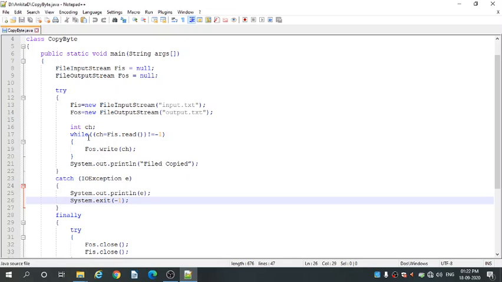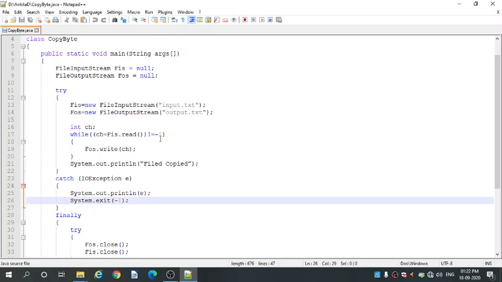Then comes the while loop. The while loop gets executed as long as the condition is true. Okay. When it becomes false, it will directly come out of the loop. So let's see what we have written in the condition. ch = fis.read() != -1. What does it mean?